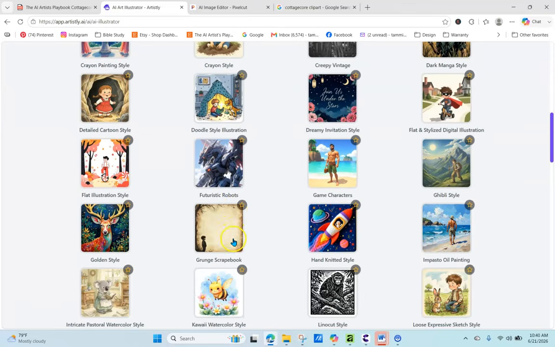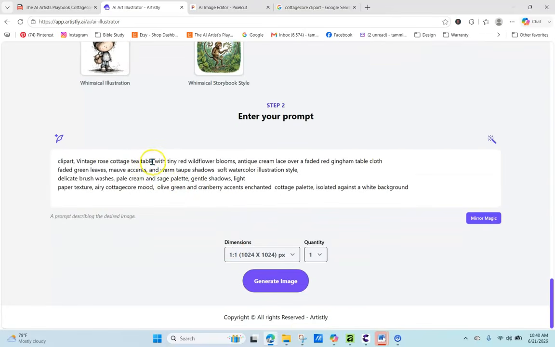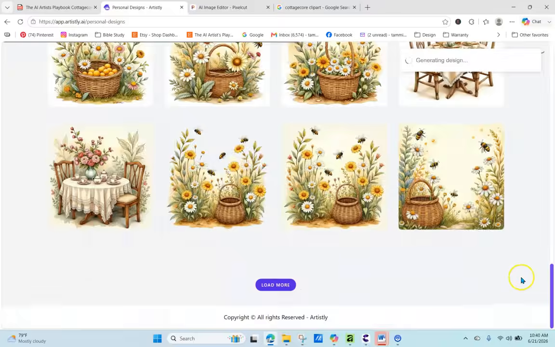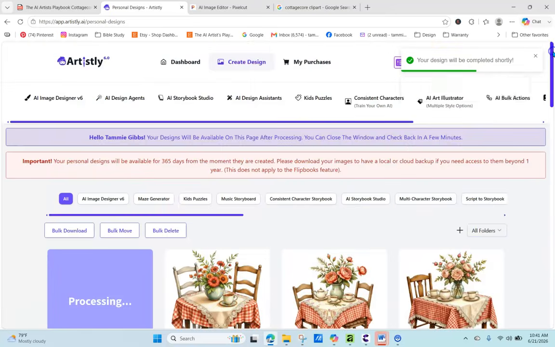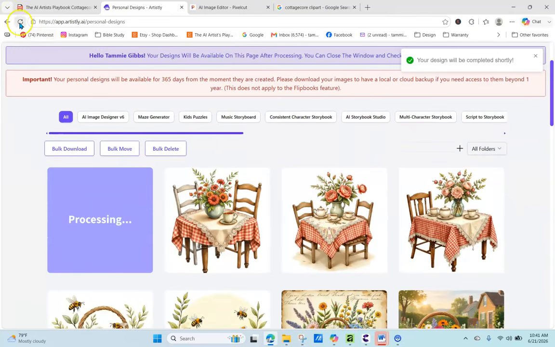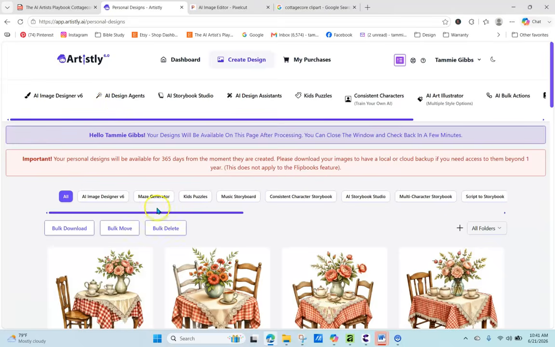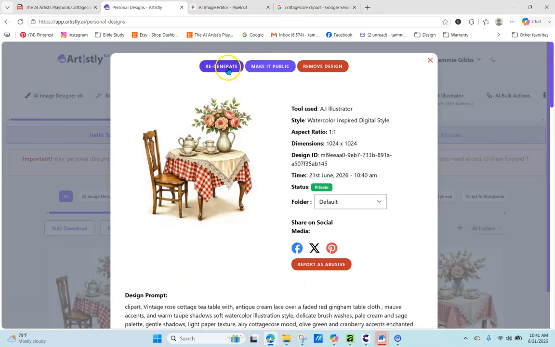We could regenerate this, and we could eliminate the blooms altogether. Tea table. Just remove the blooms and see what that does. Now sometimes Artistly does some, like this has got the faded green leaves. We want to remove that. Okay. Let's just see what we get. So prompting is as much about what you take away as what you add to a prompt. Okay, so this actually did still put that in there, I guess because of the cottagecore look. But anyway,